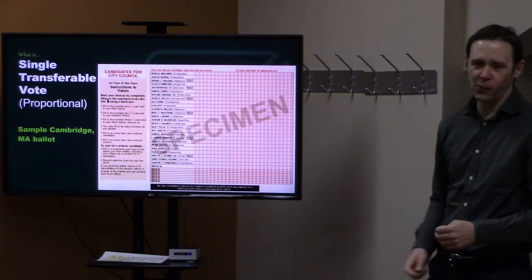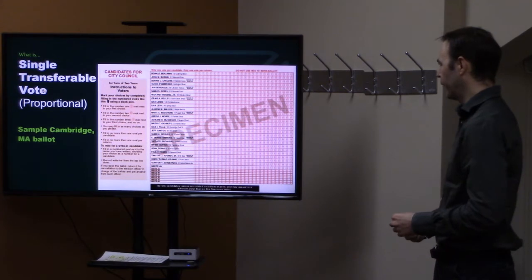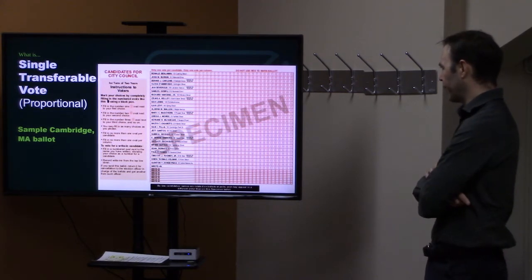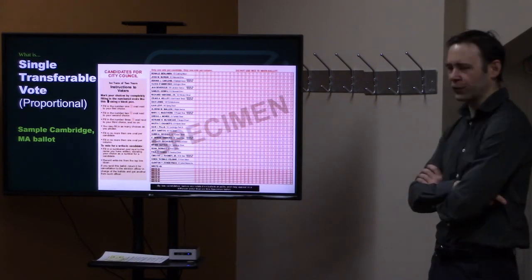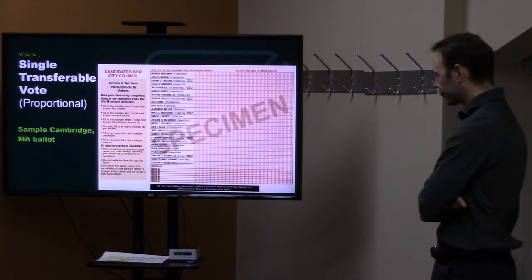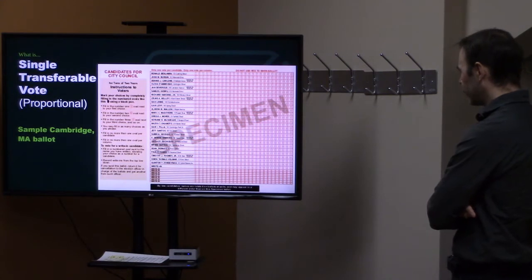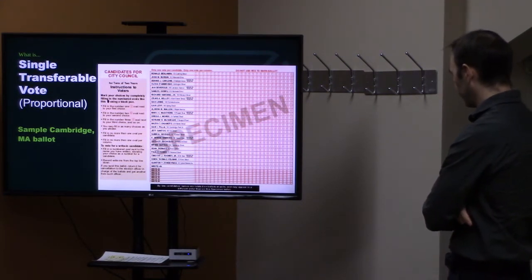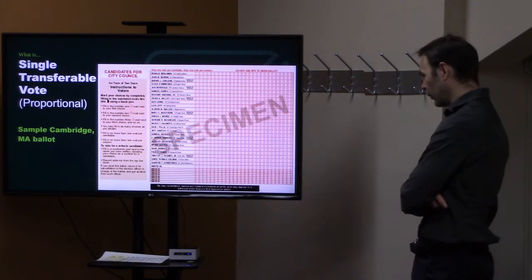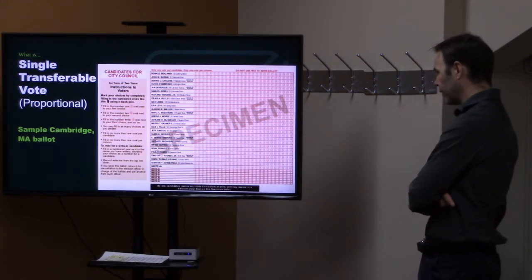So now we get some more fun stuff. The last couple in our lineup are single transferable vote and sequential proportional approval voting. So single transferable vote, this is an actual ballot from Cambridge, Massachusetts. So the way that this works is a lot like,